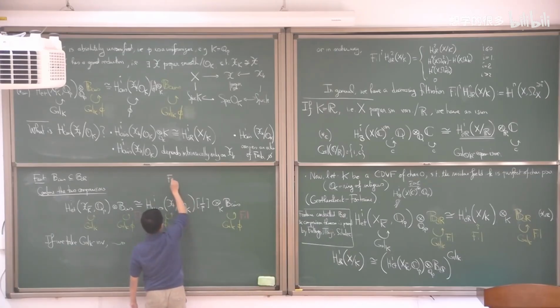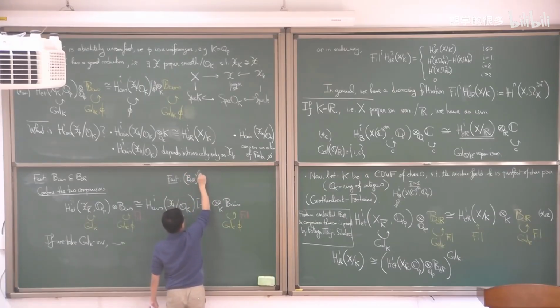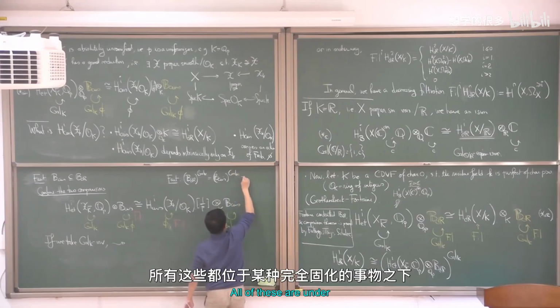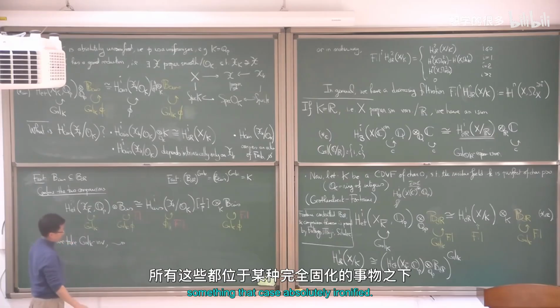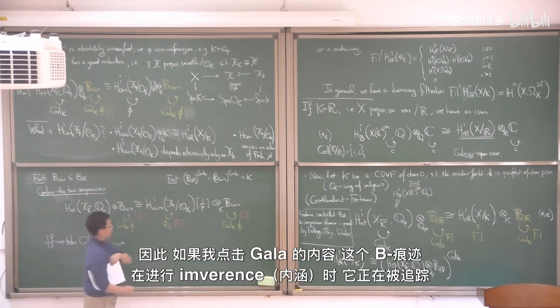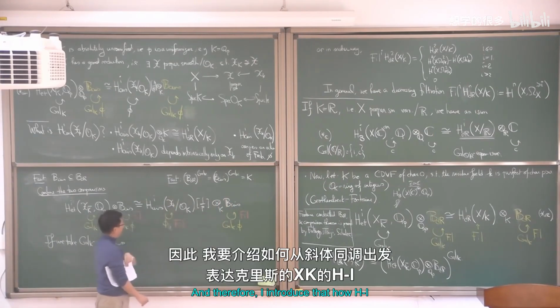Here's the fact. I'll rewrite these facts later. Invariance of the Galois group is the same thing as B cris under the Galois group. All of these are under the assumption that K is absolutely unramified. So therefore, if I take Galois invariance, B cris taking invariance under the Galois group is still K. And therefore I deduce that somehow H^i of crystalline of X_k